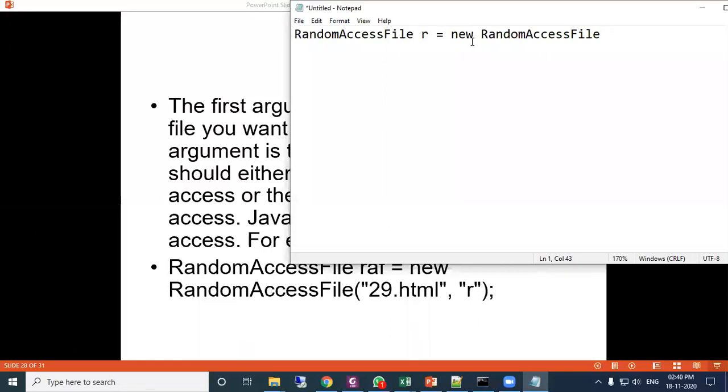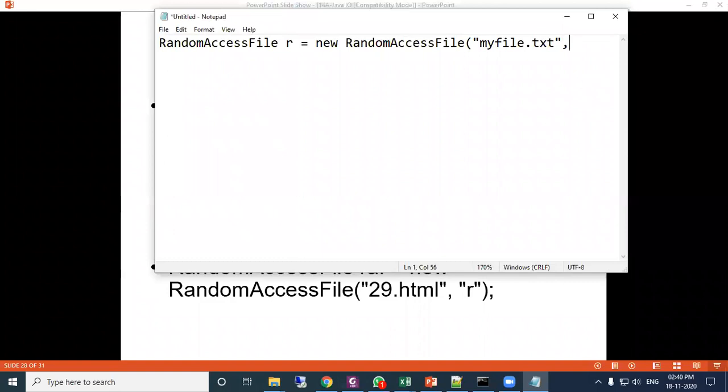Remember, Random is capital R, Access is capital A, File is capital F. Within parenthesis, suppose my file dot txt, comma, suppose R. So this is one example, RandomAccessFile R.